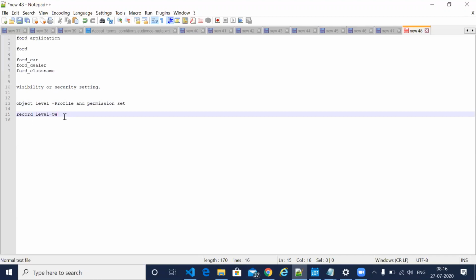One is OWD settings, or organization-wide default. And second, we have sharing settings, sharing rules. One more is role hierarchy. And one more is manual sharing.